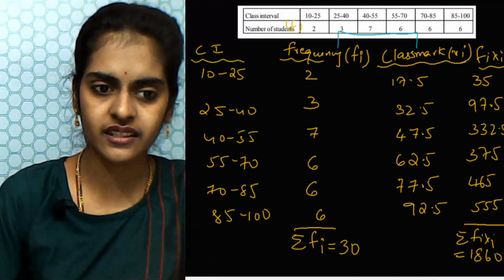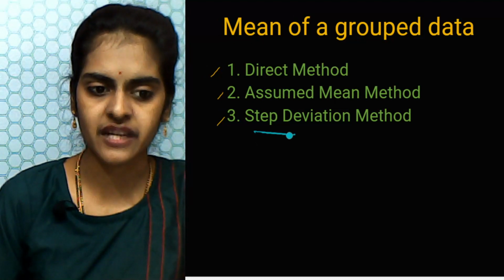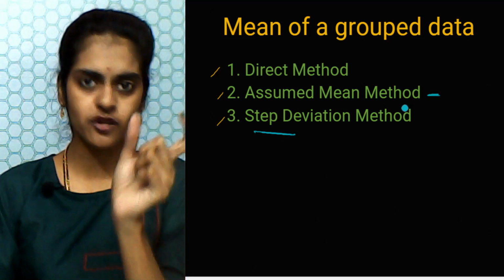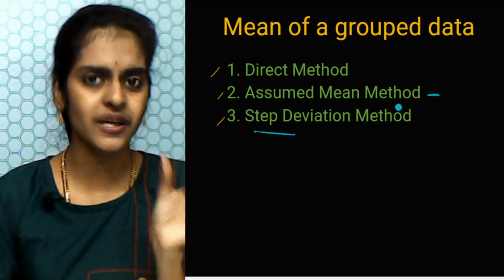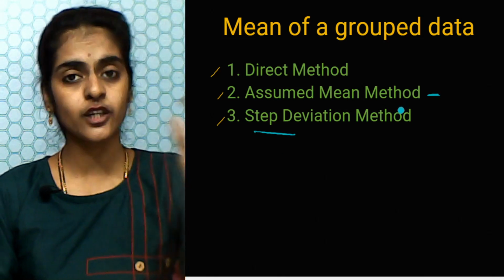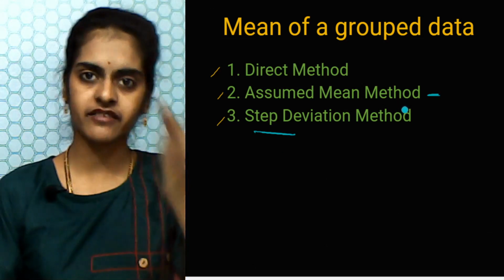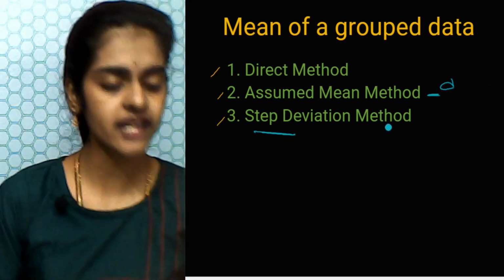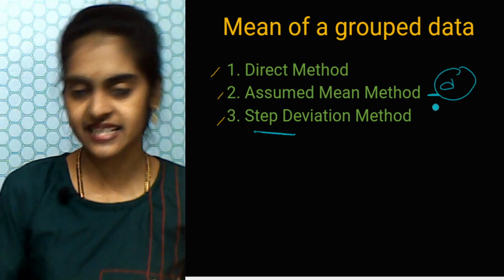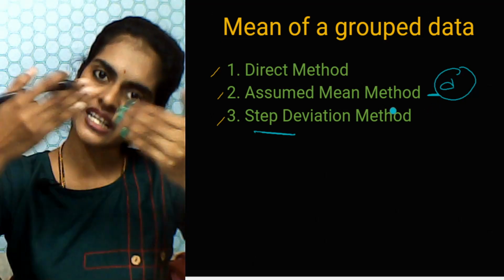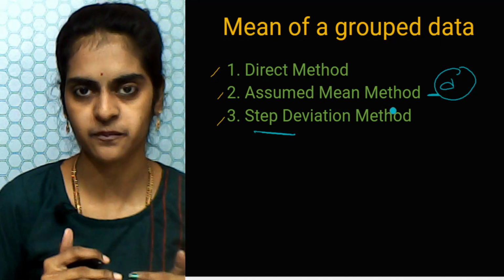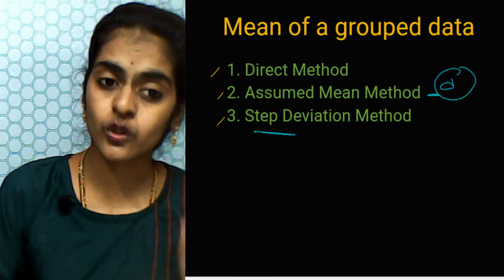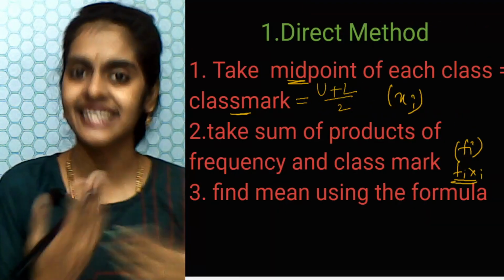This will give you the third method of calculating mean, which is step deviation. Here in assumed mean, you are assuming some class mark as a mean, in between, and then you are calculating the deviation of the mean from each class mark. Here also you are calculating deviation. In step deviation, after calculating this step, the assumed mean, you will further divide it using a common factor. So that is step deviation, the next step, to help you calculate easier, right?